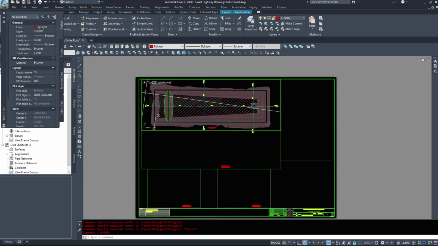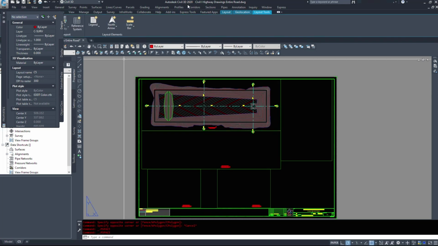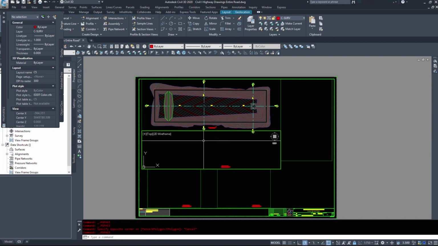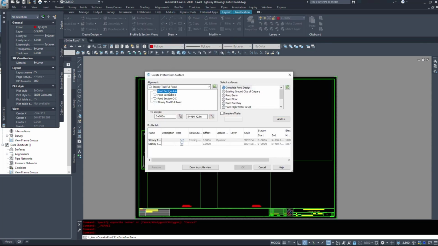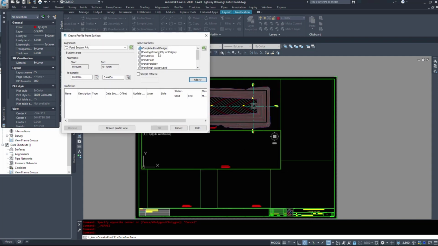So I'm going to quickly make one profile with you to show you which options to turn on, which ones to show, which ones not to show. So double click into the viewport. Remember, we're not going to place anything in paper space. We'll work through the viewport into model space since I've already got it set up. Profiles, create from surface. I will select section A-A. I'm going to take complete pond design, so that's our